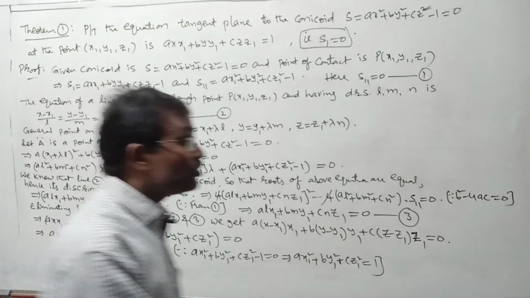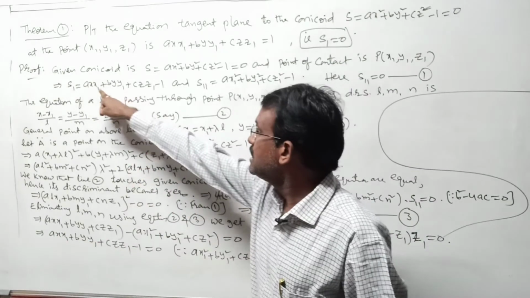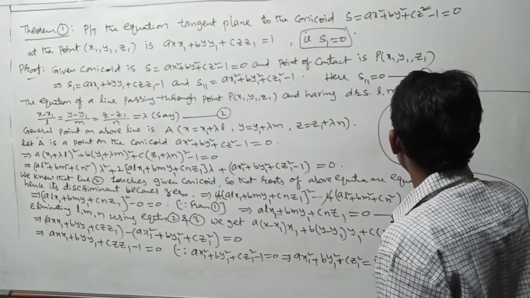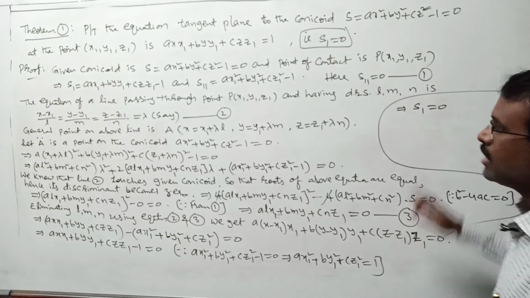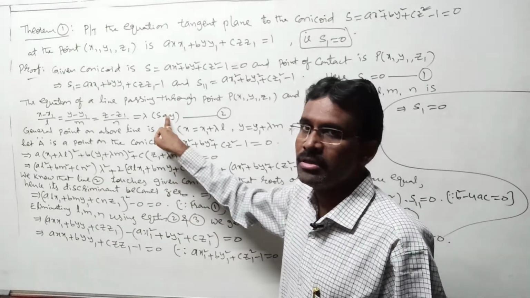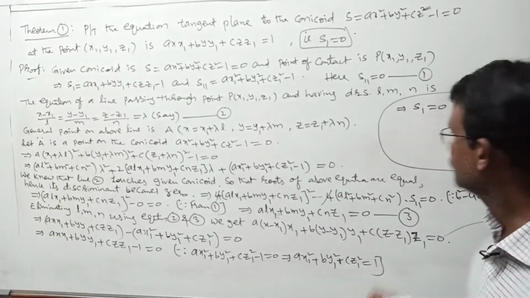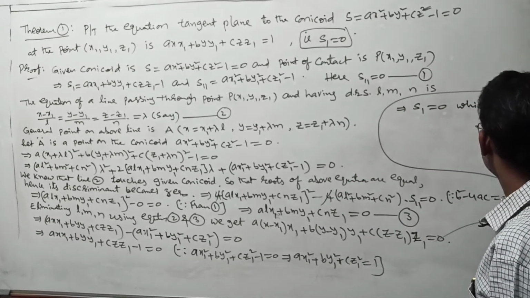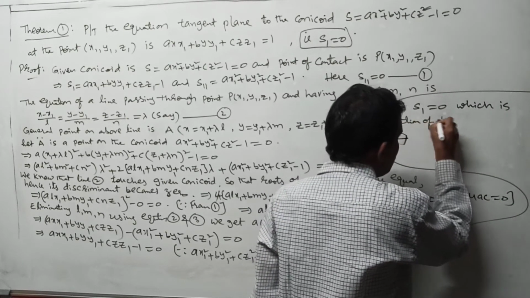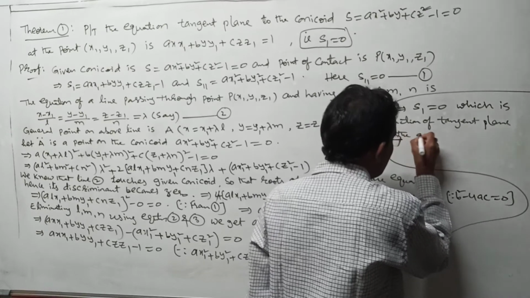Right? Once go to your notations. In the beginning stages we defined, is it this total thing is S1 or not? I mean this last word is what? S1. This implies you can take S1 is equal to 0. But what is this? On what basis we proceed? We taken this touches means this line is tangent line to the conicoid, means this plane becomes what? Is it tangent plane to the given conicoid or not? Here clearly I am writing which is tangent plane, or equation of tangent plane, to the given conicoid.